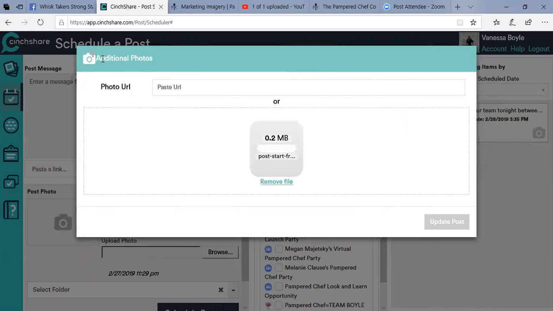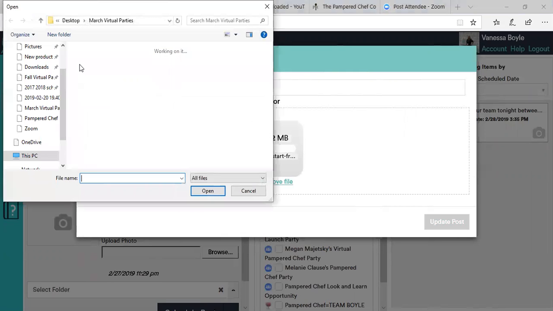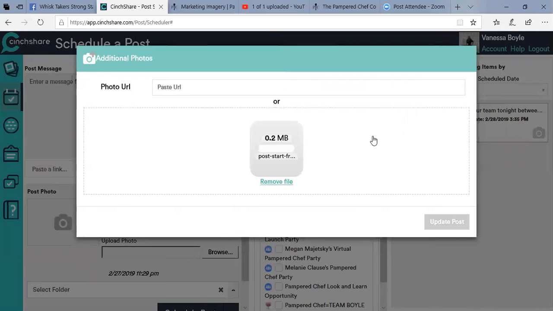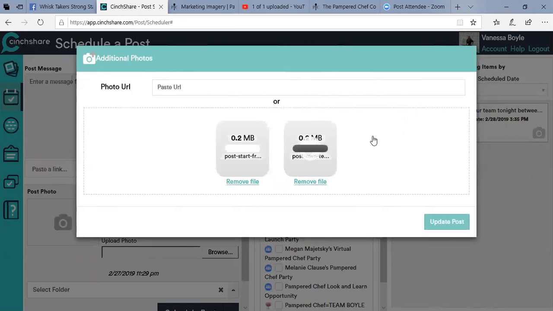Apparently this is just wanting to take its good old time tonight. All right, so give that a second. It's going to add this on. And in the meantime, I'm going to add a second picture also. So you could add both of these pictures. They will upload for you. And then once they upload,